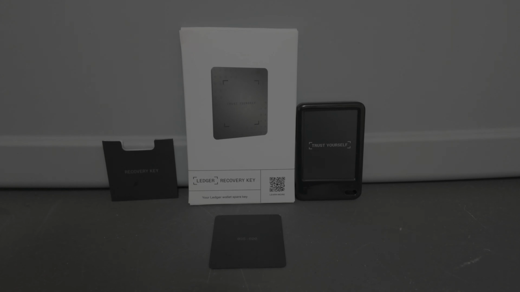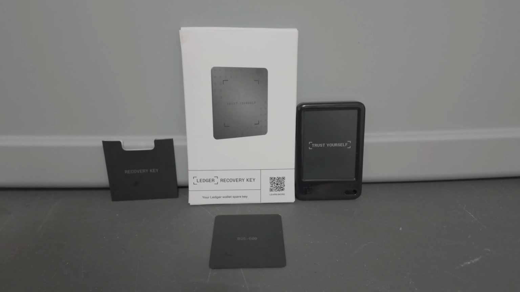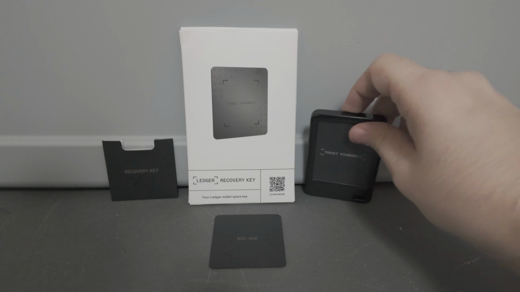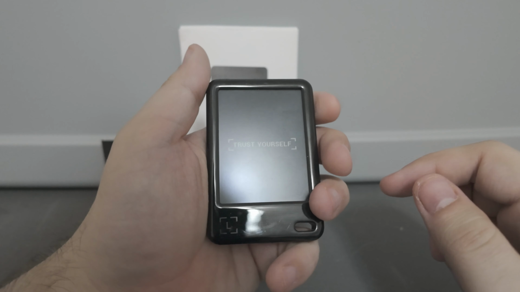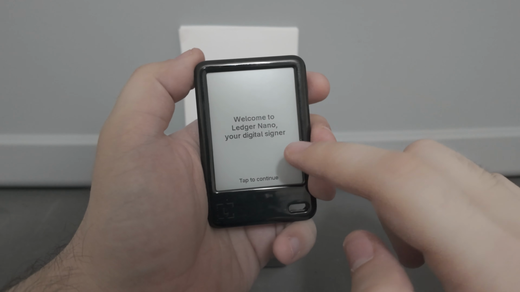Today, we are here to ask and answer one simple question. How do you set up a Ledger device using a Ledger recovery key? Let's find out. Once we power on our Ledger device with the power button on the side, it's going to